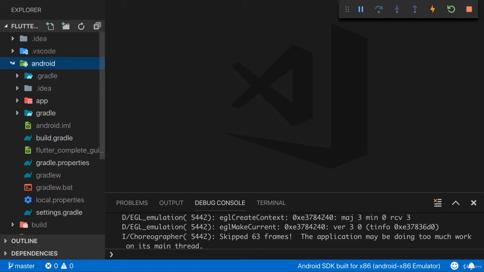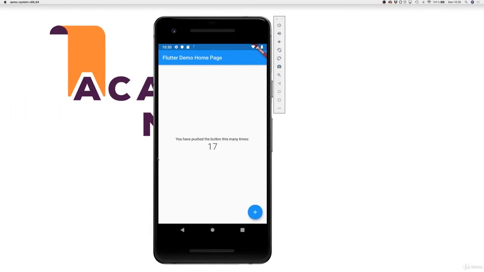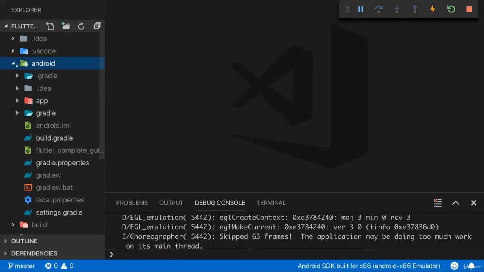The Android folder is super important. It holds a complete Android project, as you could also create it without Flutter. This is in the end the project which the Flutter SDK will use to kind of merge with your Flutter code, you could say. So when your Flutter code gets compiled to native code, it will basically get injected into this Android project. And that is the Android project which later will be built into a real Android app, or later actually is the wrong word, which already got built into this Android app we're seeing here.